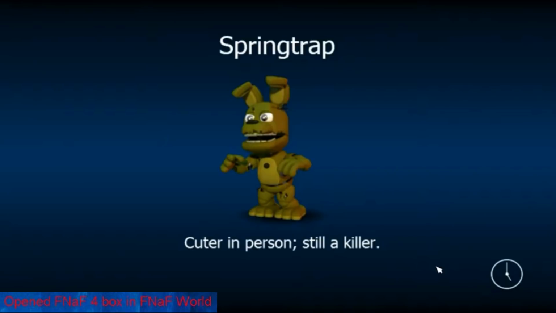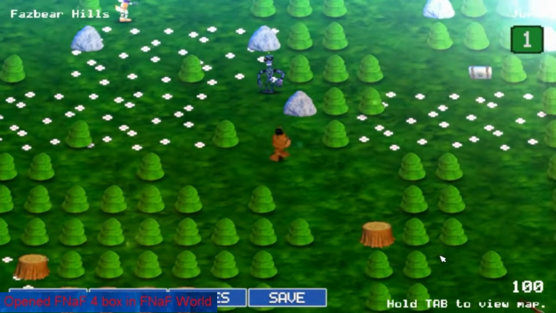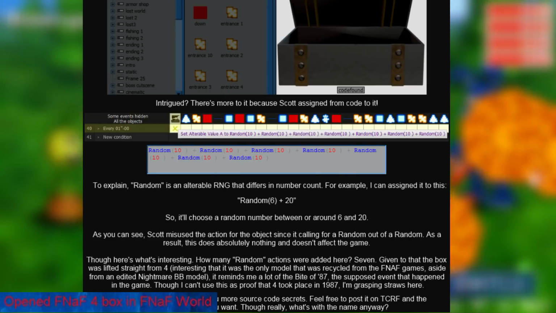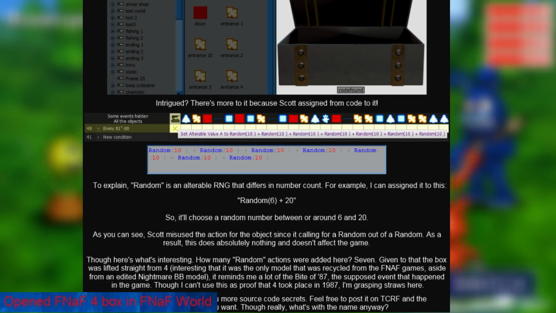This is incorrect as well. It does pick values, but no additional coding is used for events to occur from it, so nothing in the game happens as a result. Though, here's what's interesting. How many random actions are added here? 7. Given that the box was lifted straight from 4, interesting that it was the only model that was recycled